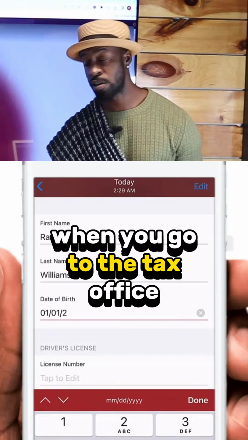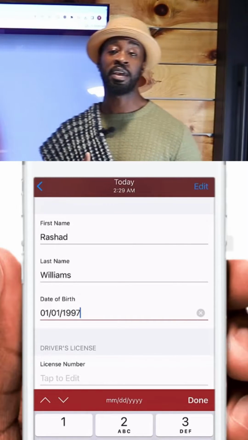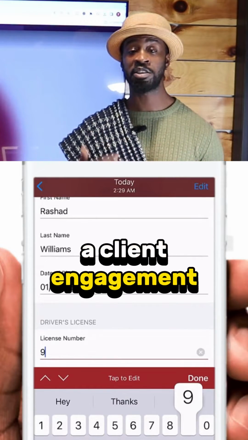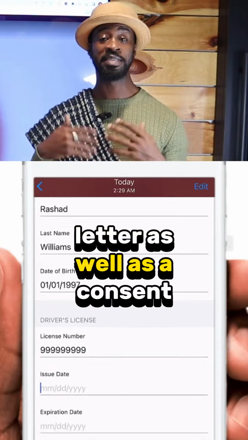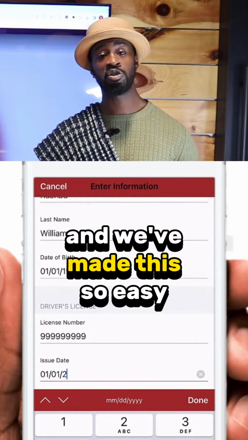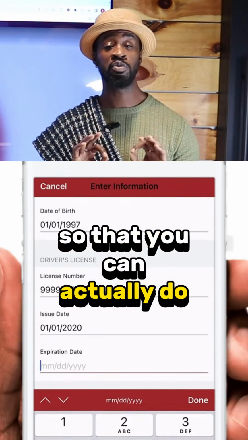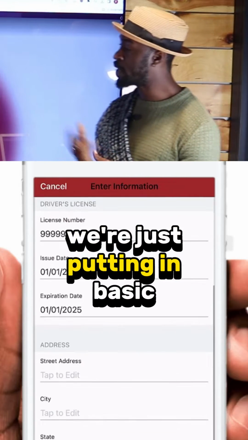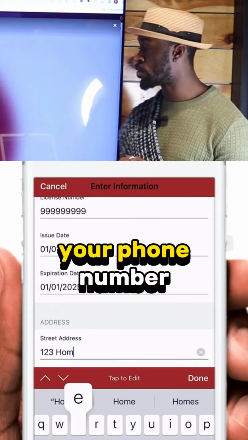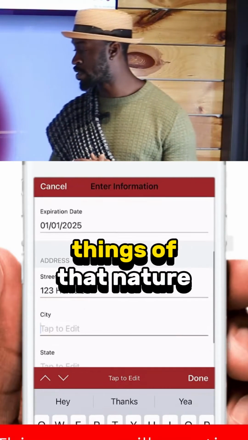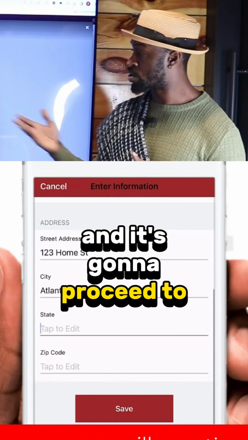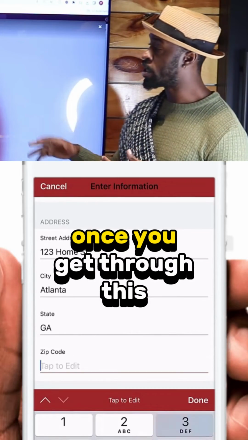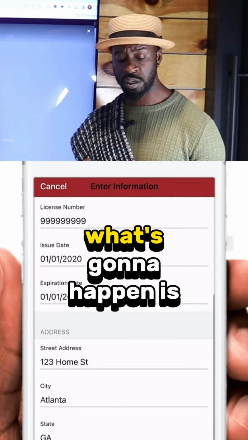When you go to the tax office, you're going to have to fill out an intake form, a client engagement letter, as well as a consent letter. And we've made this so easy so that you can do this from your phone. As you can see here on the screen, we're just putting in basic information: your address, your phone number, your name, your social, things of that nature. And it's going to proceed to create an account for you. Once you get through this process, what's going to happen is